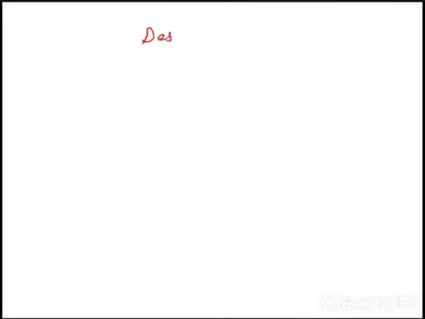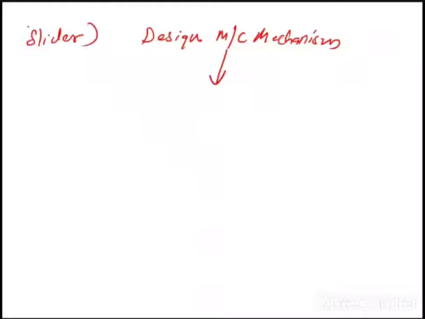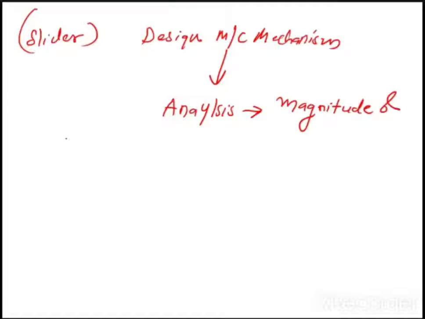Let us say you want to design that mechanism, a slider crank mechanism. So what basically do you have to do? First of all, you have to do the analysis, right? You have to do the analysis, which means what? In the analysis you have to find out the magnitude and directions of forces,